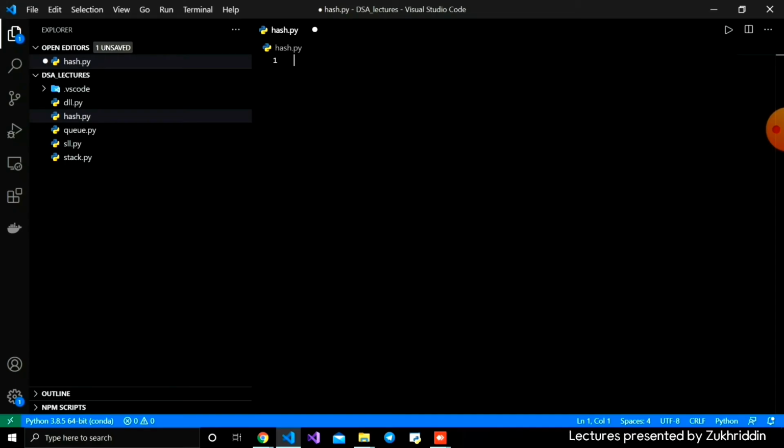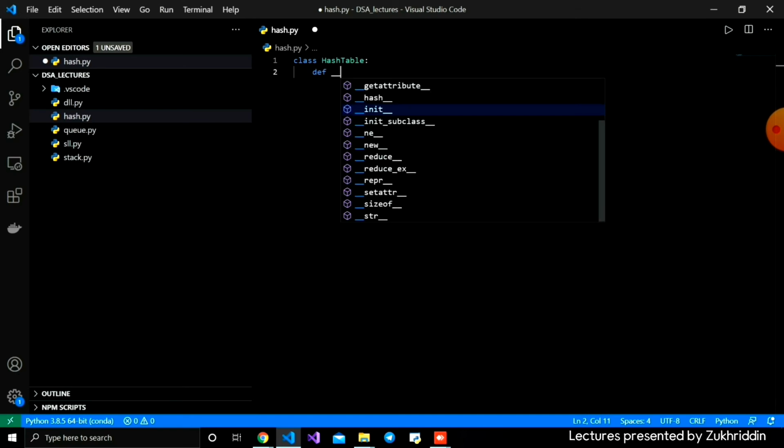Okay, let's create our hash table. First we're going to create our class for the hash table, and inside I'm going to define the init function, which is there for initializing our hash table based on the Python list. Inside the class, we are going to create multiple functions for our hash table. First I'm creating the class HashTable, and inside I'm initializing using underscore init,